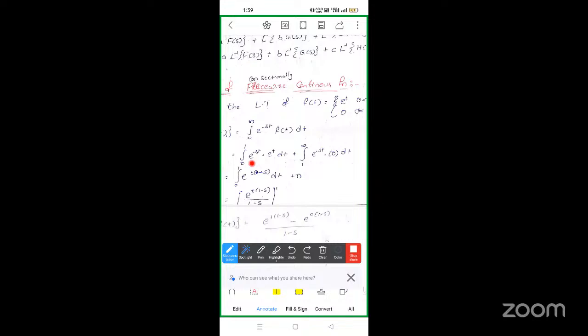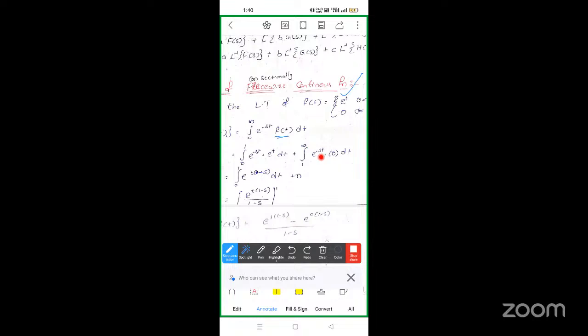Here, integration 0 to 1 of e power minus st. But f of t, in the interval 0 to 1, is equal to e power t. So that is integration 0 to 1 of e power minus st, and in place of f of t we are taking e power t, because within the interval 0 to 1 the function value f of t is equal to e power t. So next, plus integration 1 to infinity,